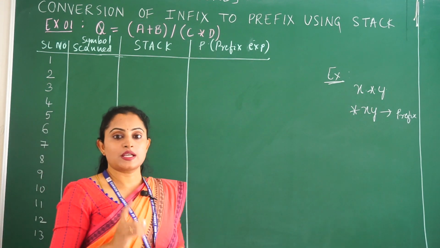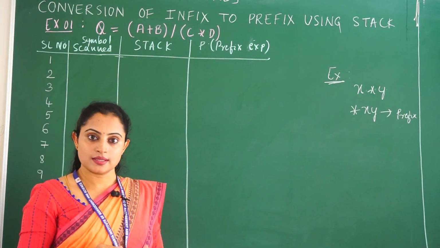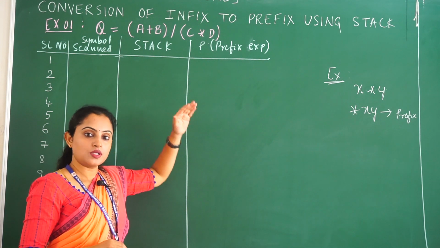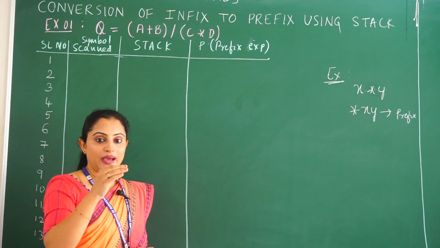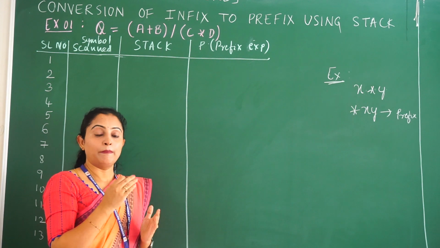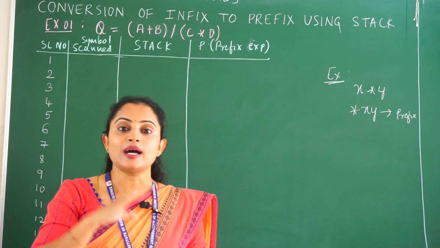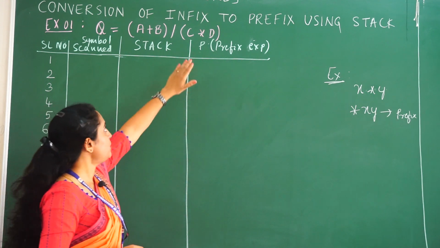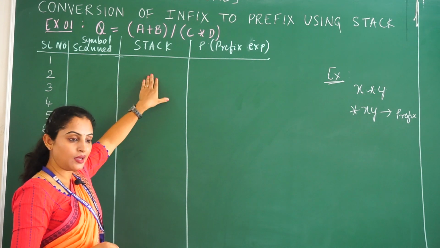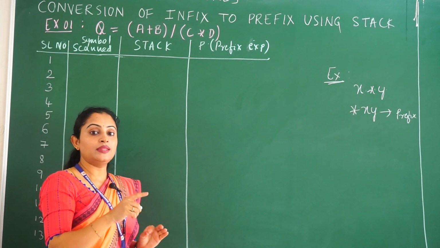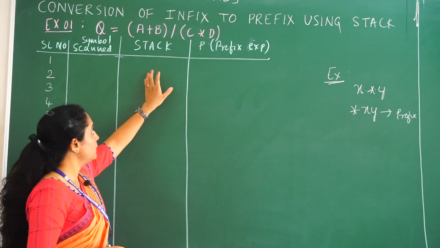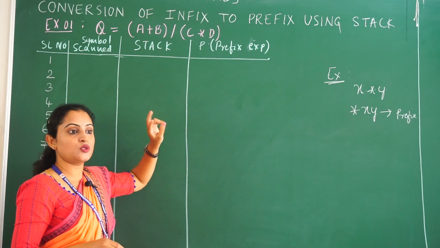And in postfix, whenever the left parenthesis is encountered, we push it onto the stack, and whatever operators are encountered we push into the stack. When the right parenthesis is encountered, we have to pop out all the operators in postfix, but in prefix it is exactly opposite to that. So whenever the right parenthesis is encountered, we push it into the stack, and all the operators we push into the stack. Whenever the left parenthesis is encountered, then we have to pop all the operators from the stack repeatedly until we get the right parenthesis. So this is the major difference.